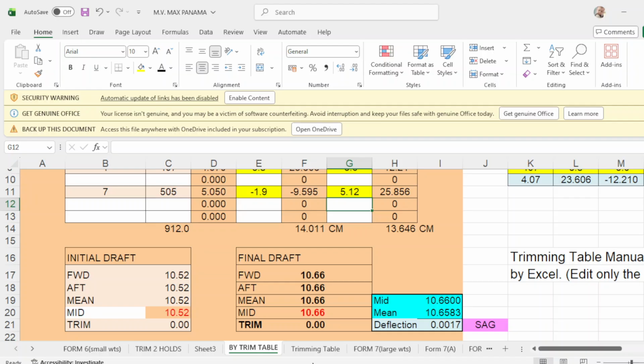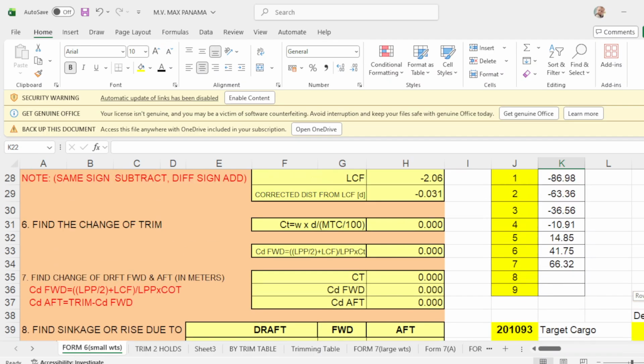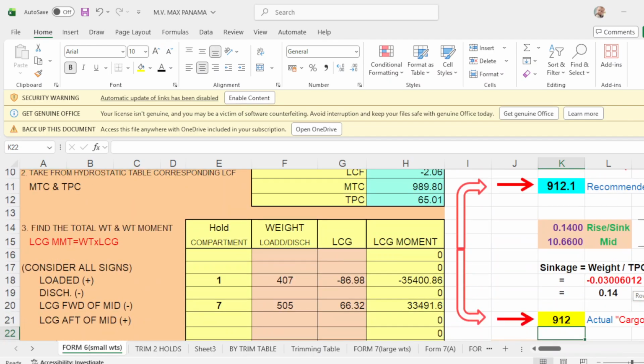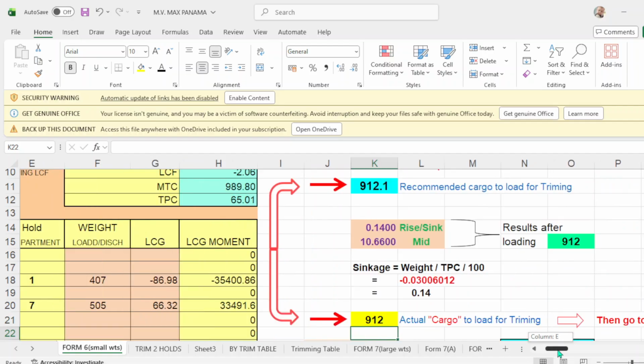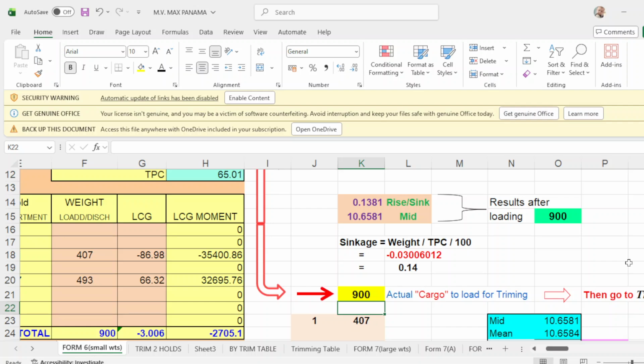If you load 900 tons, you will have the same drop of 1066, right? Put it back.